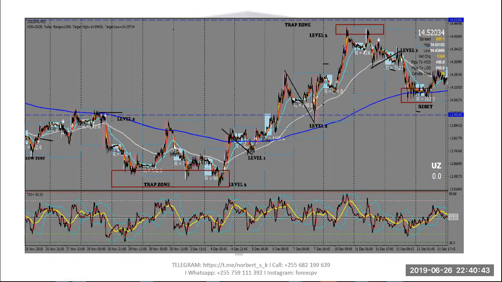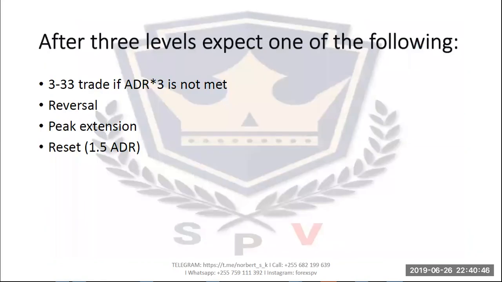Okay. So having reached level 3, you should expect one of the following. The first thing that you should expect is reversal. If you see the MAAW, expect a reversal from there. That's the first thing that you should expect. But if the dealer hasn't completed the 3 times ADR,